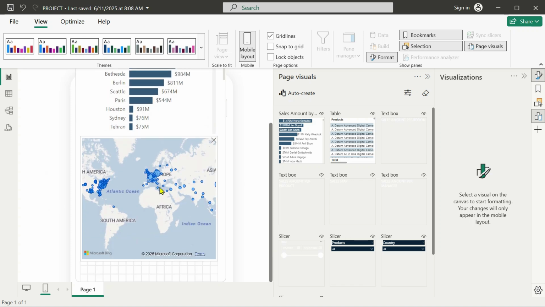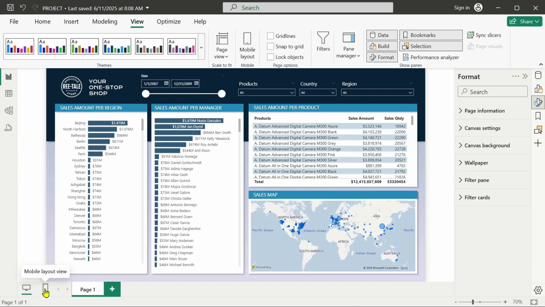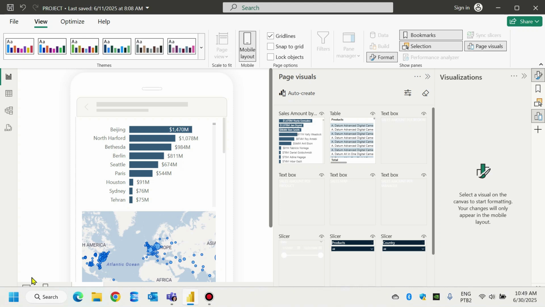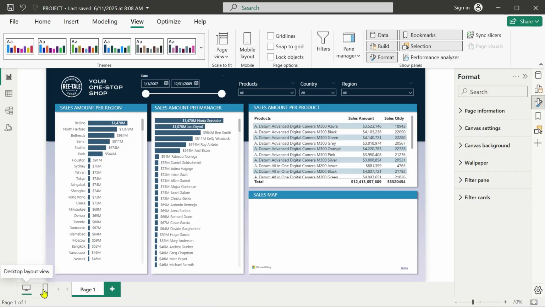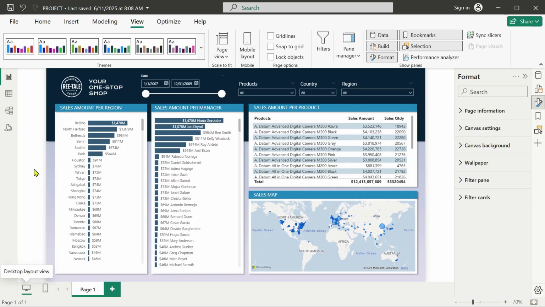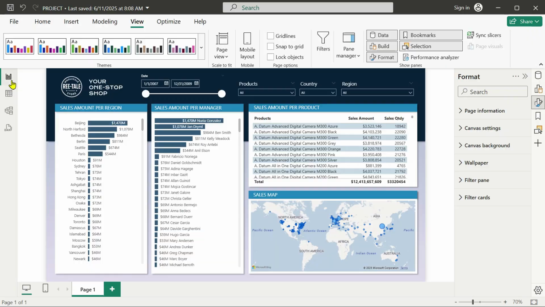So all you have to do is rearrange things and create your smartphone version. So these are basically the main ways to access and visualize your reports. That's what your final user is going to see. And now you're already familiar with these two views, the desktop and mobile view, but both depend on what you build over these three main panes.